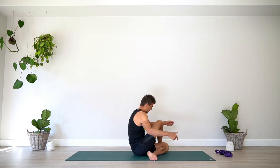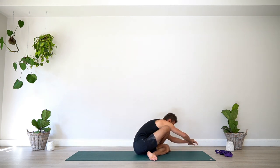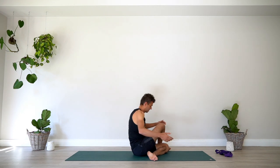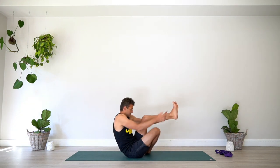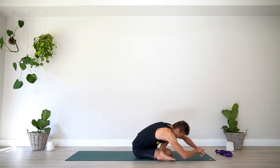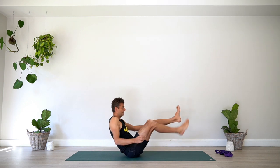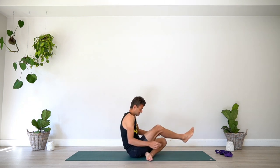The right foot, step it over and lean forward again. If you need your hands to do that, no problem. Come back to boat. Take your right heel under left hip, left foot over the knee and fold forward and lift up. So this is a good example of active range of motion is when you can do this without